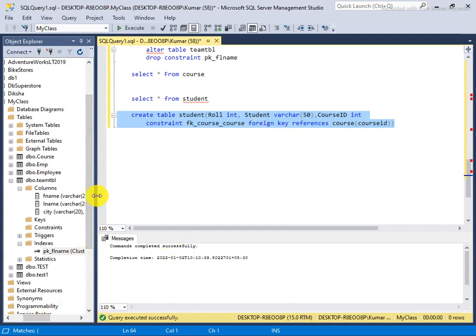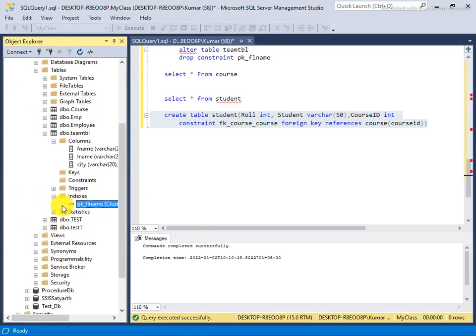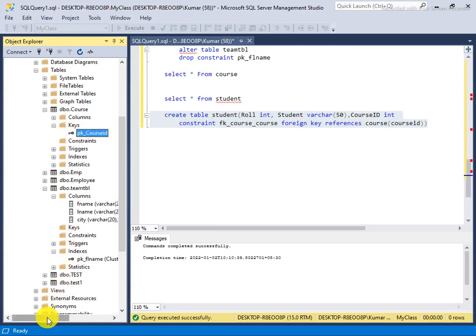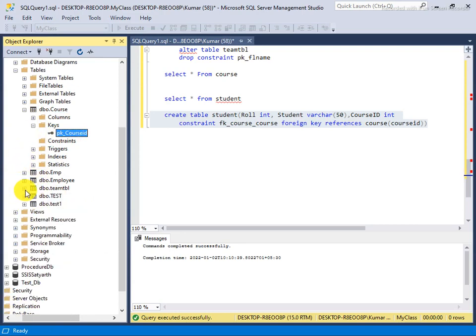So if you would like to see it, you can see here. I refresh this. Sorry, I have to refer to the student table now.